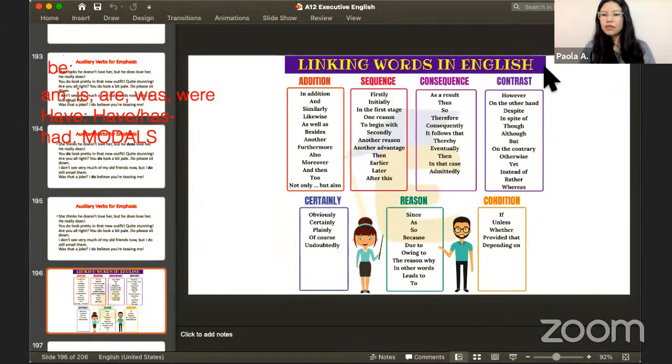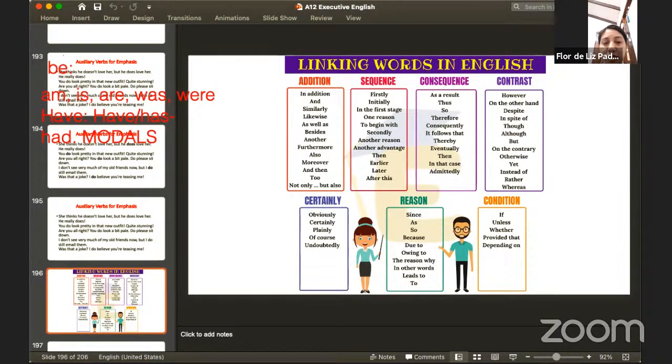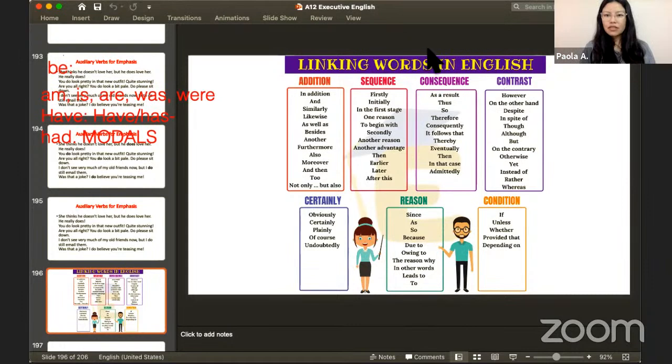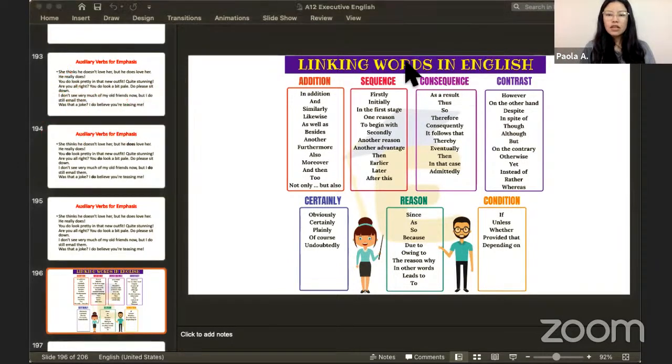All right, so any questions related with this topic, Flor? So we can jump to the next. No, it's okay. All right, it's not really that complicated, no? It's just a little bit of practice. But remember, we can emphasize also while we speak, no? Okay, so